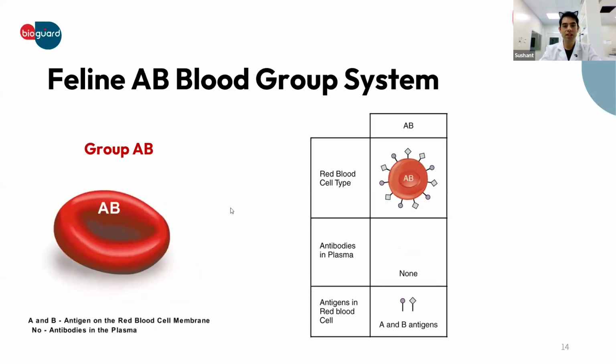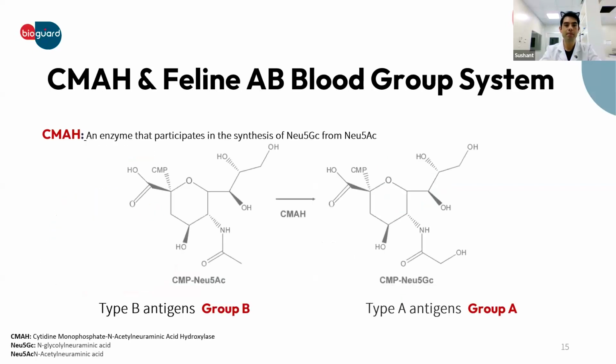Lastly, there is blood group AB, which as we noticed is the rarest one. Its characteristic is that it will have both antigen A and antigen B on the surface. However, there will be no antibody in the plasma. Okay, so now out of these three,